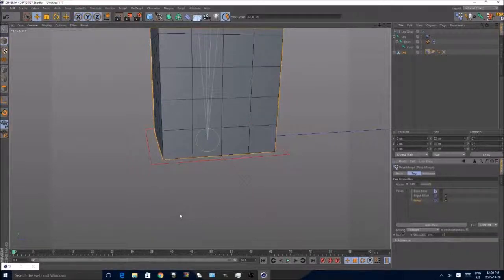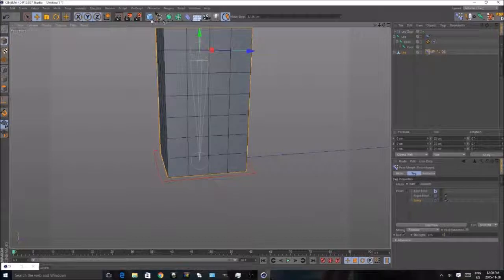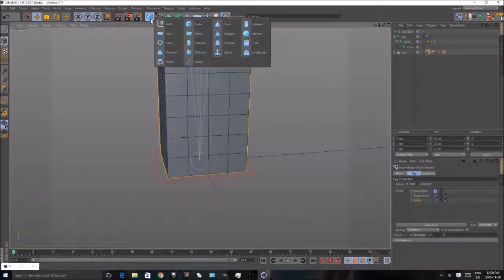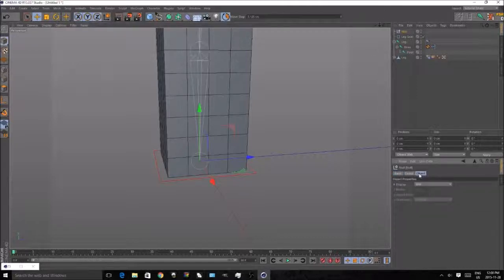Okay, now what you're gonna do is hold this cube icon until a panel appears and let go at null. And null is just sort of like you can't really see it. It's mainly used for grouping objects together, I guess. You're going to go to the object tab after you make your null, display none, so you can't see it at all. The only way you can select it is from this panel. I'm going to call this